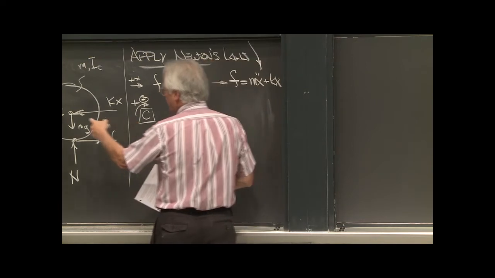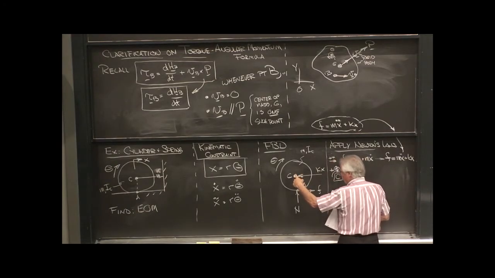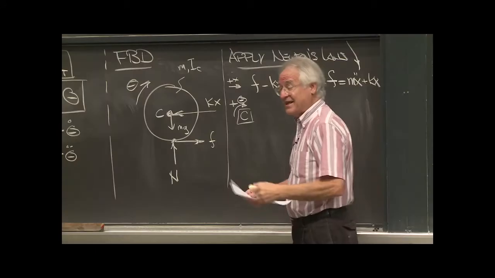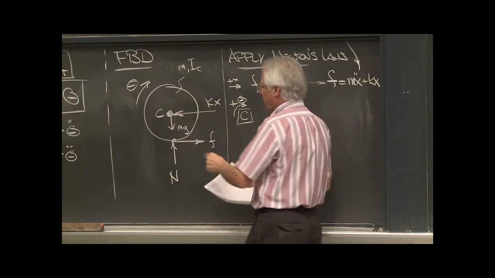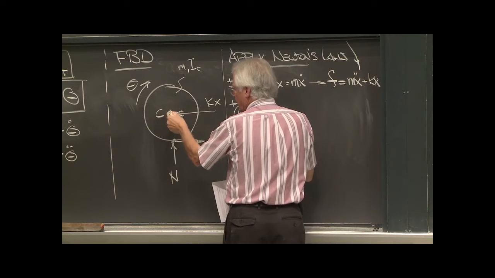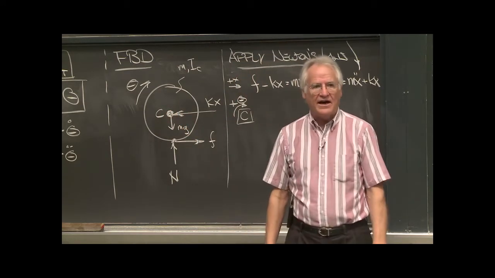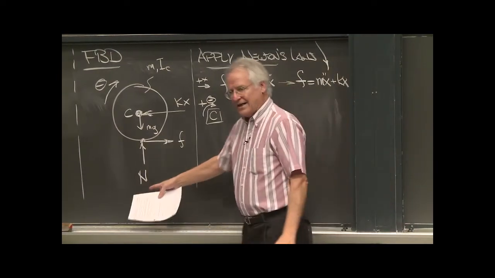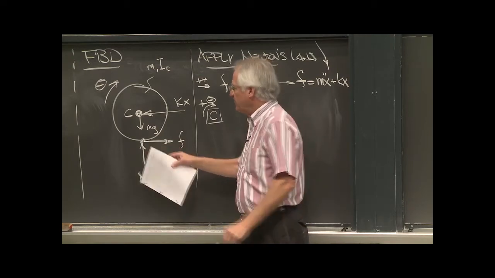Summing torques about the center of mass, because we're going in the positive theta, the clockwise direction, because we chose the arrow that way. Spring force doesn't count because it goes through the point in question, no moment arm. Ditto, the weight doesn't count, it goes through the point in question, no moment arm. N doesn't count. The only one that does count is F times